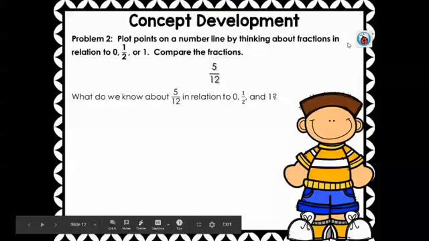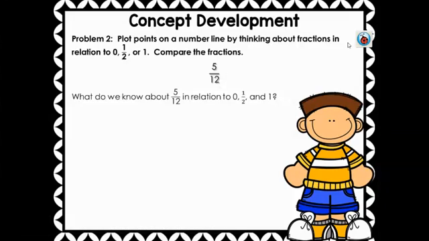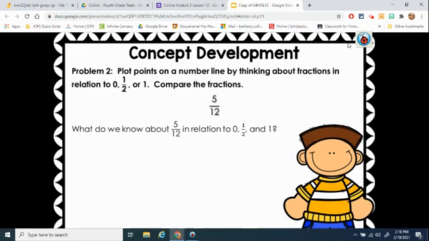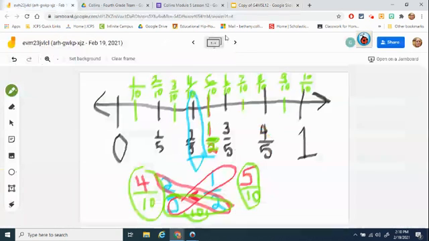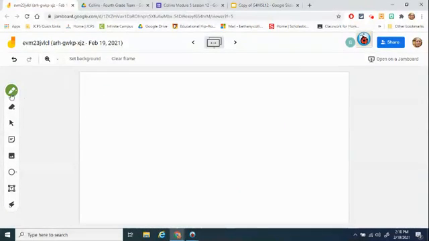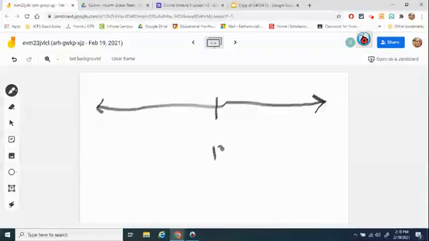All right. So what do we know about 5/12 in relation to 0, 1, and 1/2? Well, if I think about what is half of 12, half of 12 is 6. So if I go back here to my Jamboard and I draw my number line, and we want to figure out the halfway point right here, and we know we're looking at 12ths. So half of 12 is 6, right? So this is going to be our halfway mark,